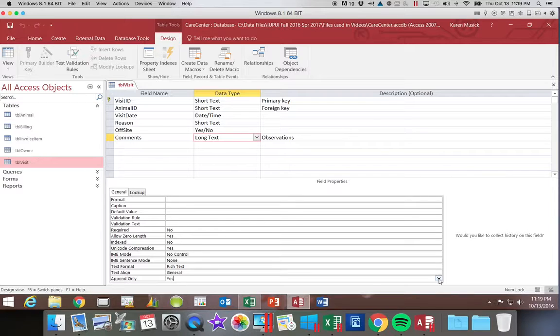What append only lets us do is, instead of replacing the text every time I type in it, it adds a historical log. So for example, if I was tracking customer contacts and maybe credit collections, so each